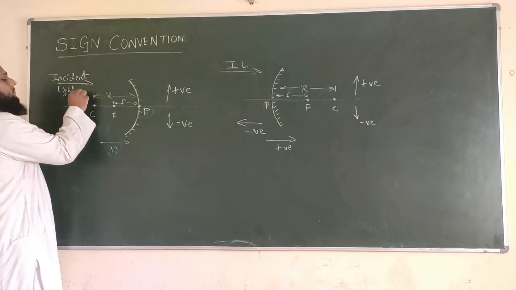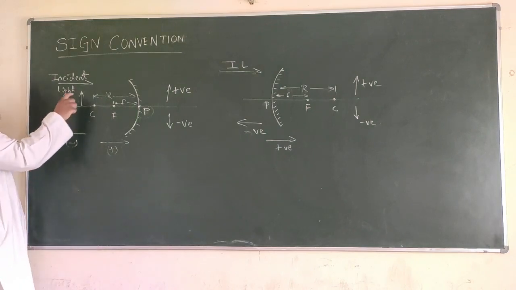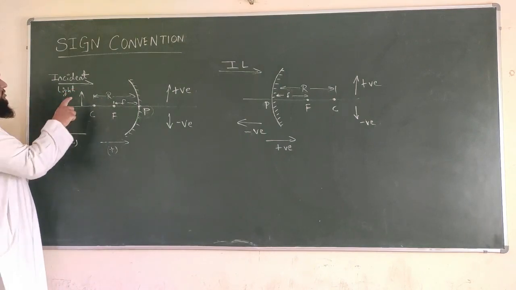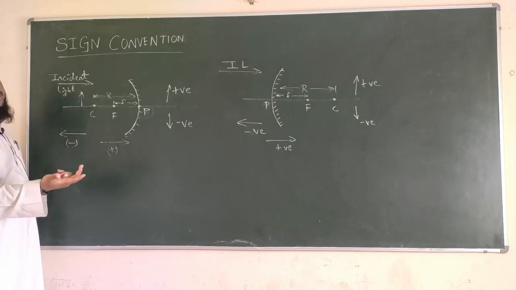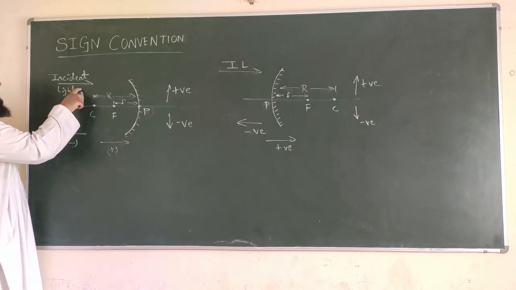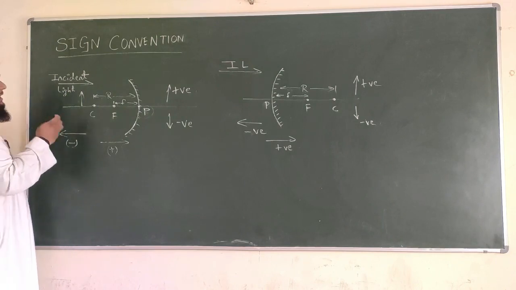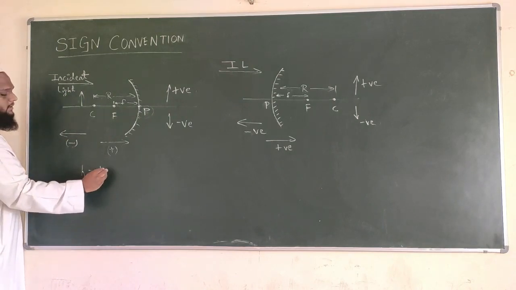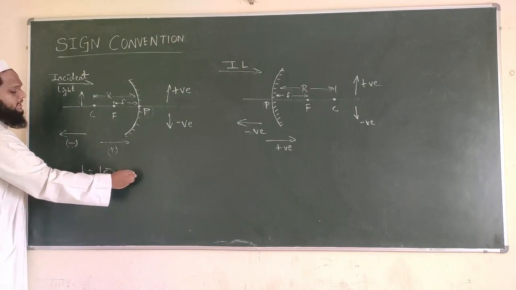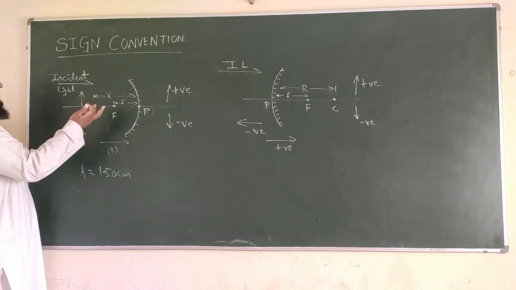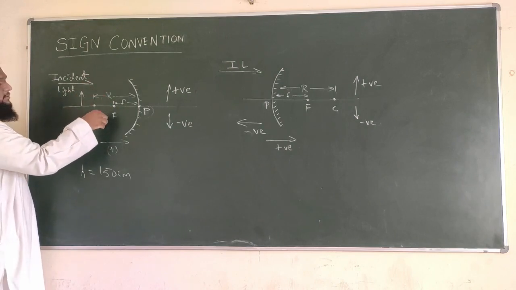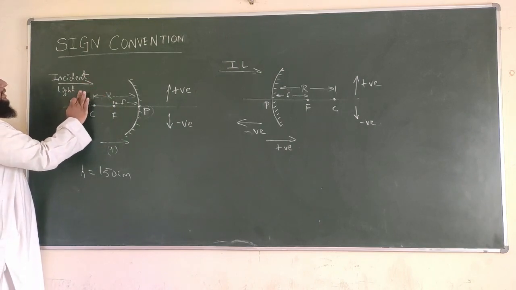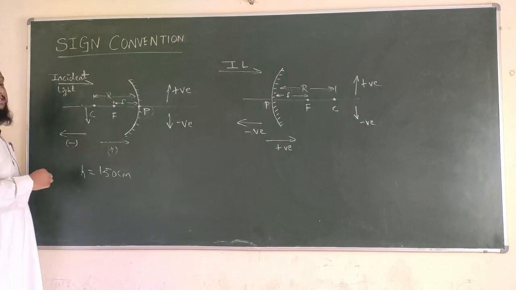Meaning, for example, I have put the object as usual. Now say this is an object, or say there is a student, he is of height say 150 centimeter. Yeah, 150 centimeter is his height. So I will be writing the height of that as 150 centimeter. For example, after putting him here, say the image is formed somewhere over here, and the image is formed something like this.